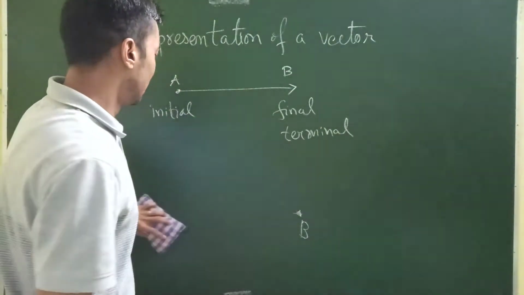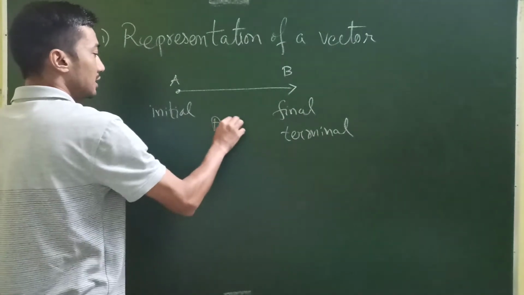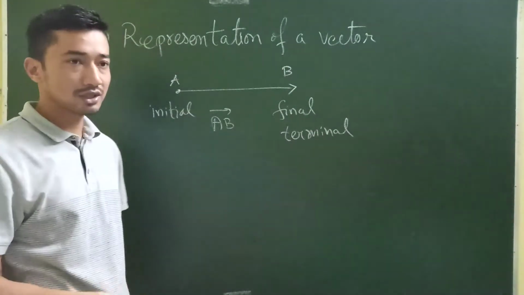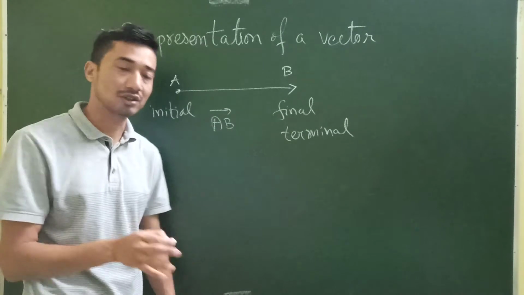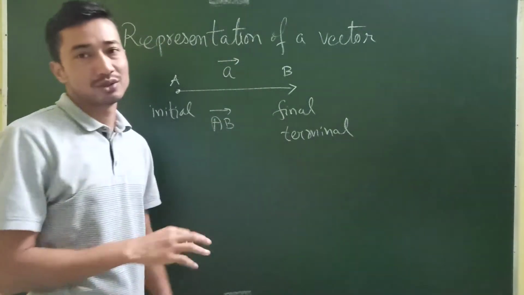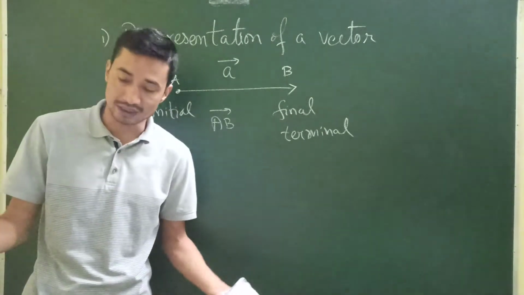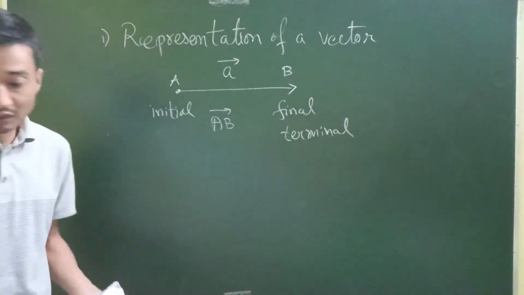If a vector AB is directed from A to B, then we will be representing it by vector AB. Sometimes it is also denoted by single letters, that is, maybe I can just write vector A also, but that's not a big concern. The names depend on us, isn't it? Then of course,